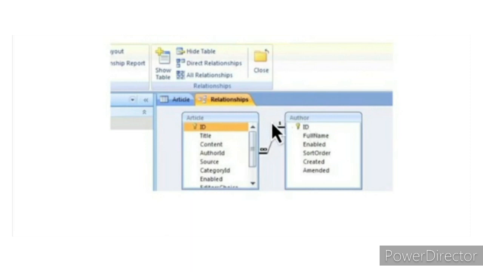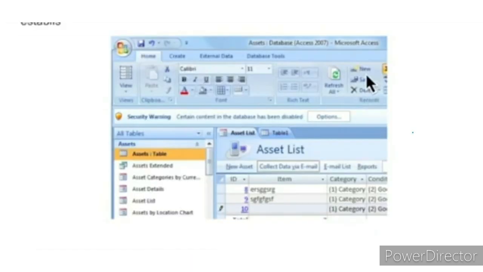It provides the facility to create relationships between tables using the common fields. A relational database helps to prevent duplicate data. That means by using this, we can prevent duplicate data. Another important feature of Access is that you can add, update, delete and view data and establish